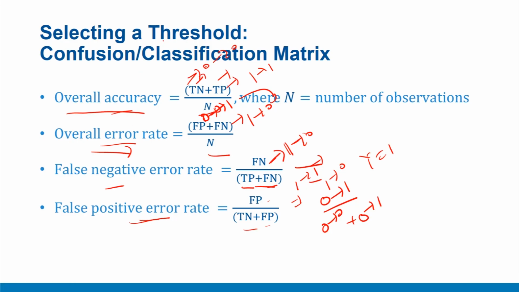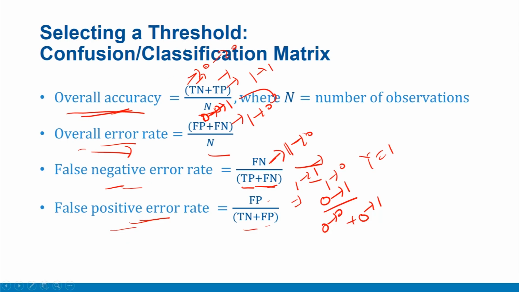To summarize this video, we discussed a very important measure of model accuracy, which is the confusion or classification matrix. Based on the confusion and classification matrix, we derived two important measures, sensitivity and specificity. We noted that selection of thresholding value, a very important concept we discussed in the previous video, is a trade-off between sensitivity and specificity. Next, we also derived a number of very important measures of overall accuracy of the model prediction: overall error rate, false negative rate, and false positive rate. Essentially, all these measures are derived out of the confusion matrix, or what we call the classification matrix.